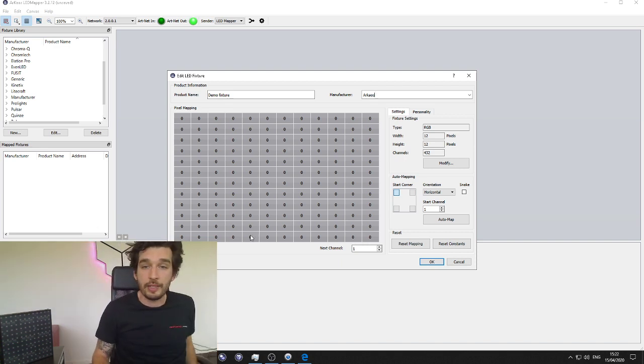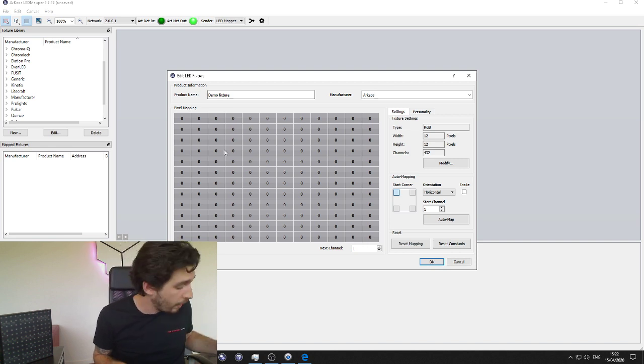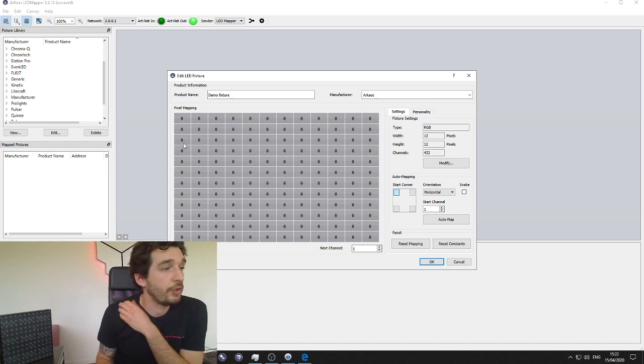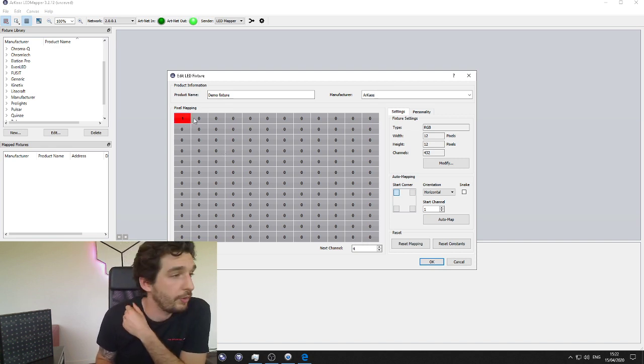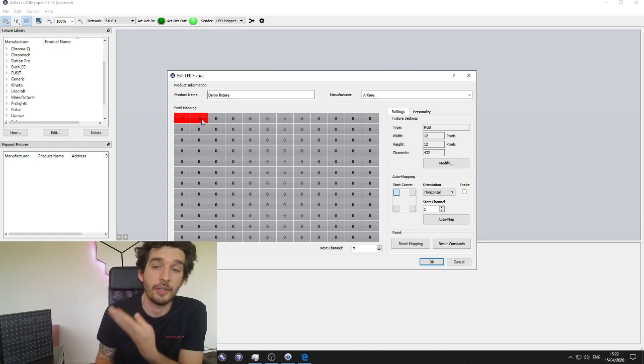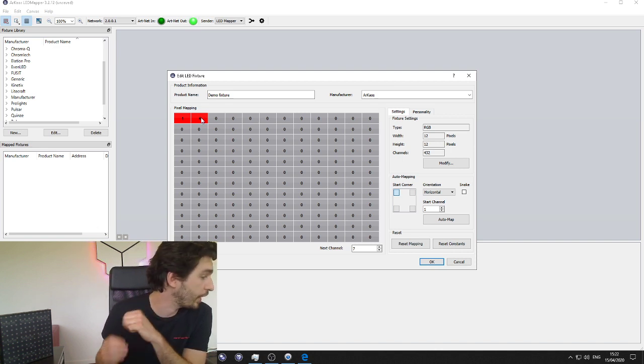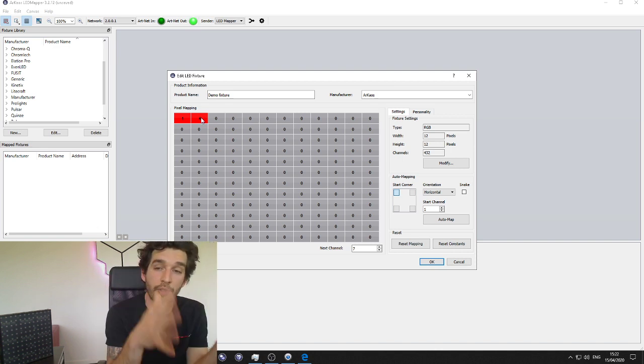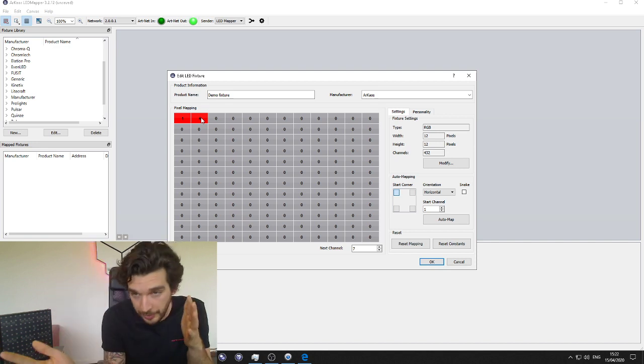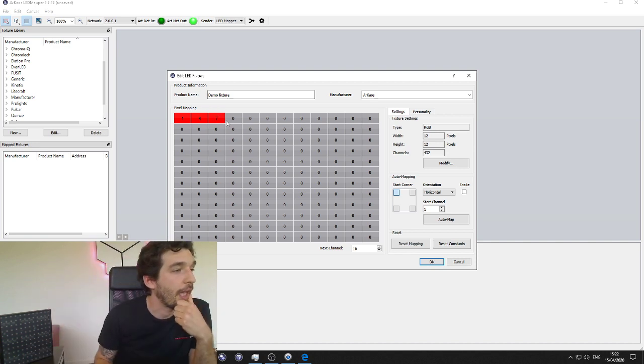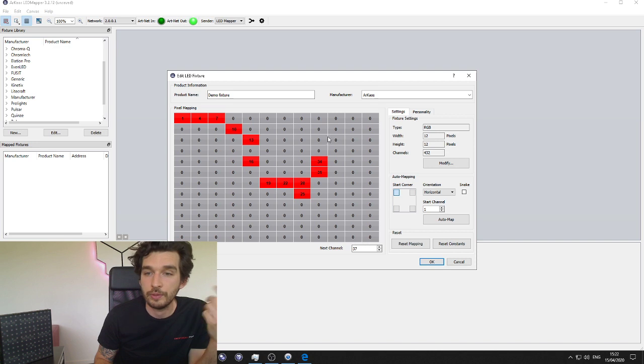Okay, you can see there it's all grayed out. There is no patching there. So you have several options to patch your matrix. You can click, as I will do right here. Pixel 1, address 1. Pixel 2, address 4, because I have RGB, so 4 channels per pixel. So first pixel is address 1, second pixel is address 4, obviously, and then you can click and so on, so on, so on.